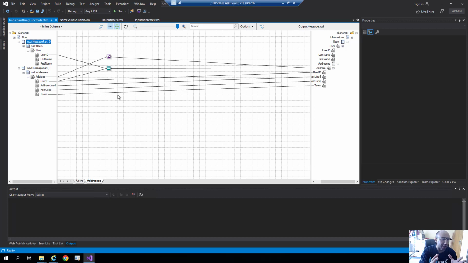The aggregated pattern means that we have many messages and we want to extract part of the information of a specific message and part of the information in another message and combine them into a destination message. This is very familiar and happens many times when we receive a message from a system. We need to grab more details from another system, let's say CRM or a human resource system, receive the user ID and